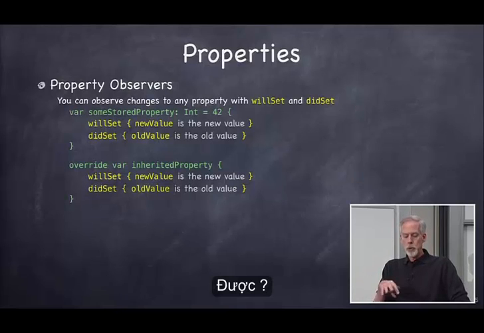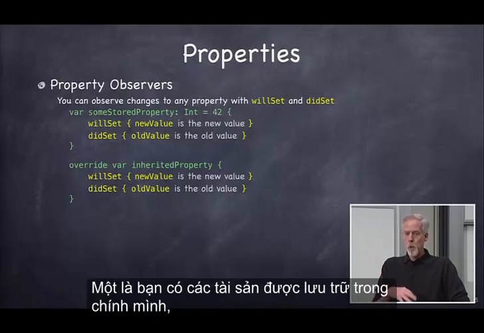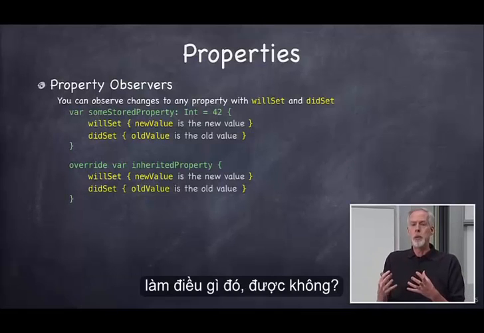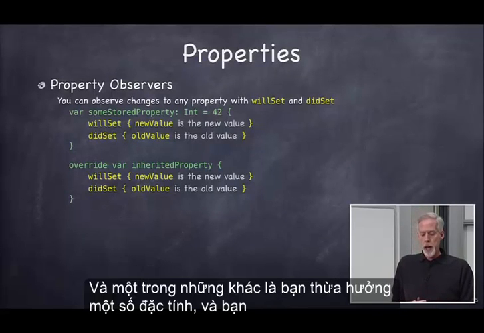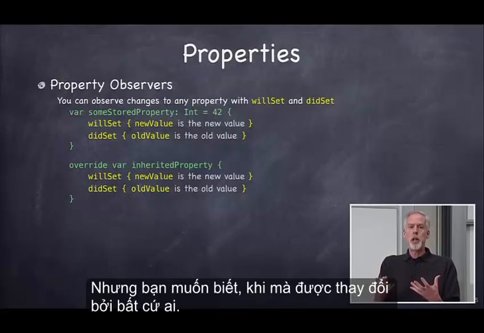Now, you use this in really two cases. One is you have a stored property in your own class, and whenever someone sets it, you want to notice and do something. And the other one is you inherit some property, and you don't necessarily do anything with that property directly, but you want to know when that gets changed by anybody,